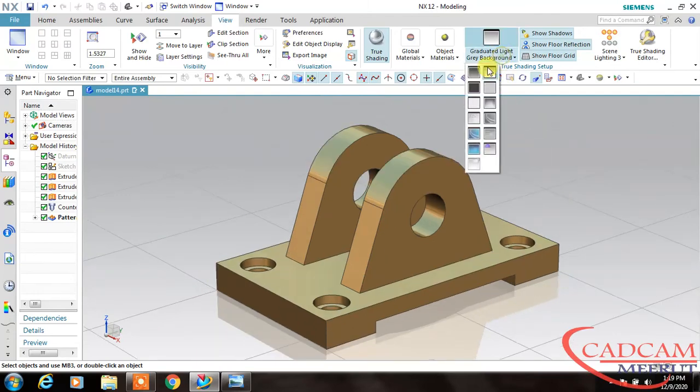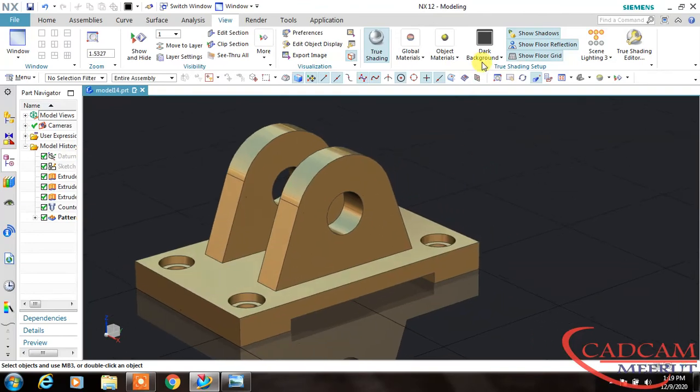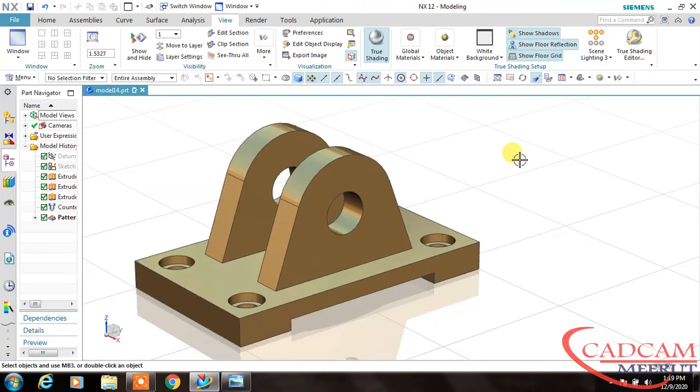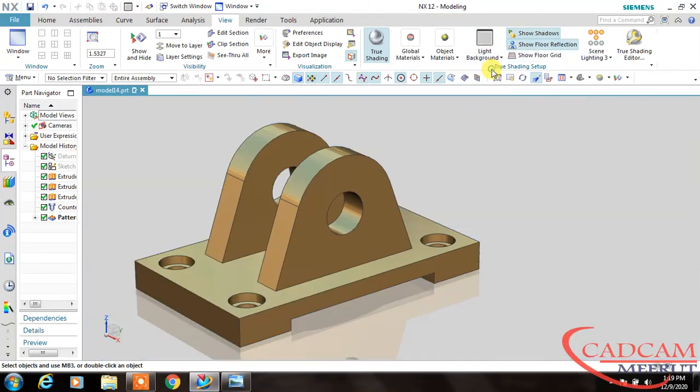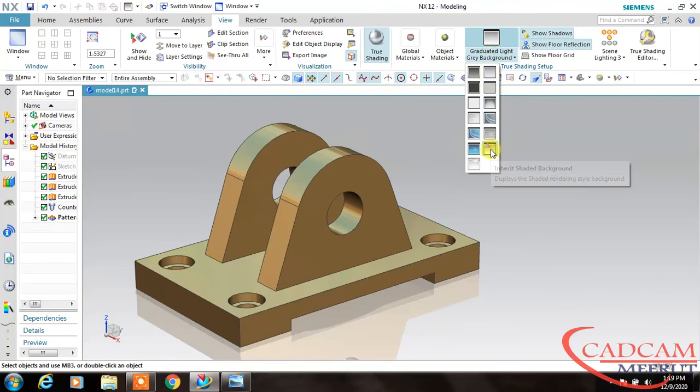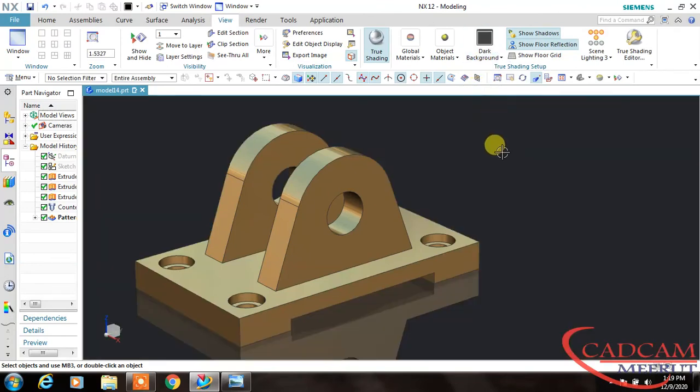And here we have some background. If you want to change the background, white, and textured, gray, default. So this time I'm taking this black color. Okay, I think it is better.